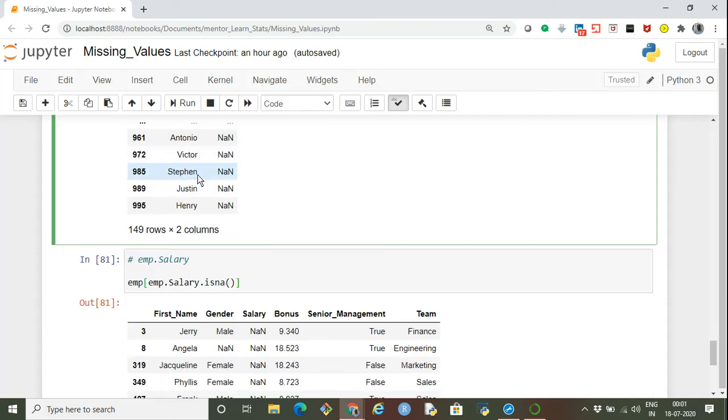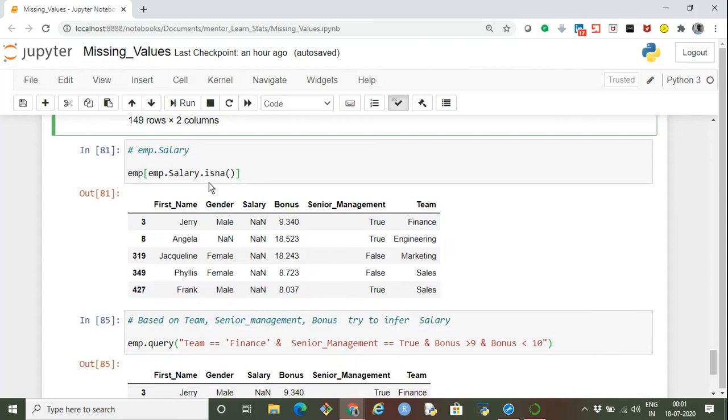Now let's look at the salary column. If I select all those records in which salary is missing, these are the records: 1, 2, 3, 4, 5. Now how do we infer the salary value? Let's take Jerry as an example.